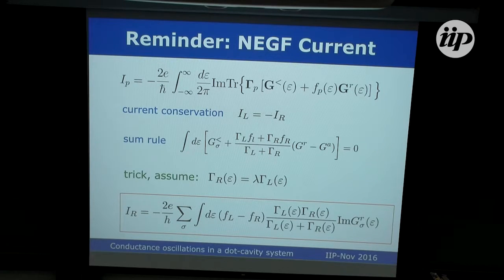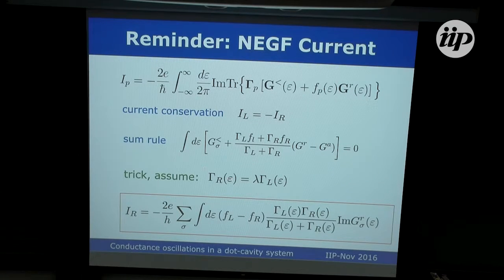You have to integrate. That's a bad thing. So you cannot make this guy equal to minus the other side. And then there is a trick that Alexandre discussed. It was put forward by Meir and Wingreen in a very beautiful paper in '92, '93. And in order to get rid of this guy, they assume, well, let's take a very simple